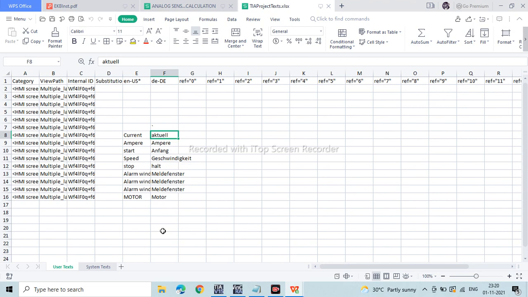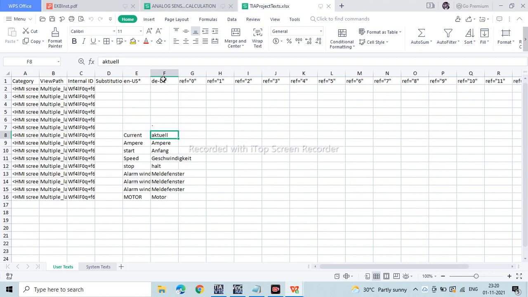We need to put all the target tag or target language conversion over here. Okay, so we will move to our fourth step. Our fourth step is editing the text list in Excel. Editing the text list in Excel is easy, because you modify the entire thing in your target language in a column.